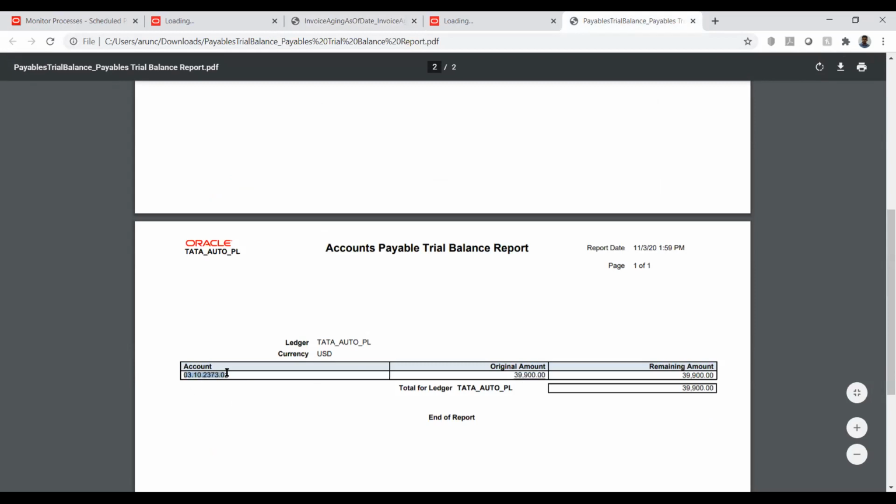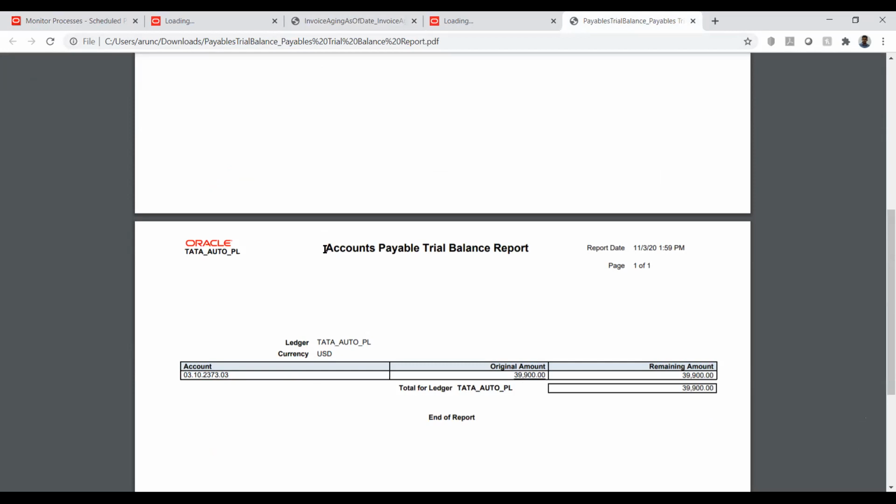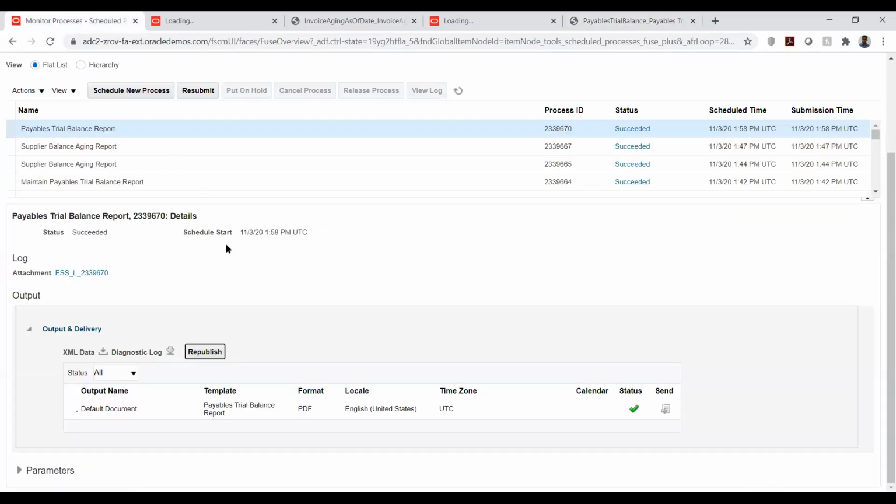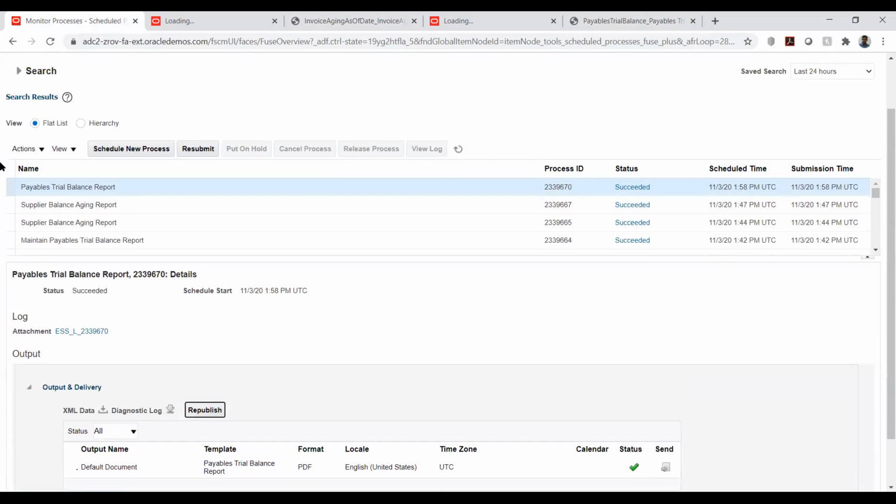Okay. So we were trying to run it from the other page, you couldn't run it? Yeah, those should populate the parameters, but that is not populating the parameter. So I came to this one, the schedule process, and I ran from here. If you were taking the request ID, the process ID is the request ID number. Yeah, correct.